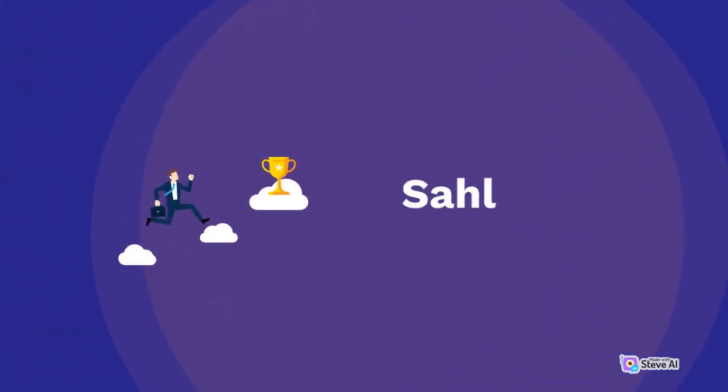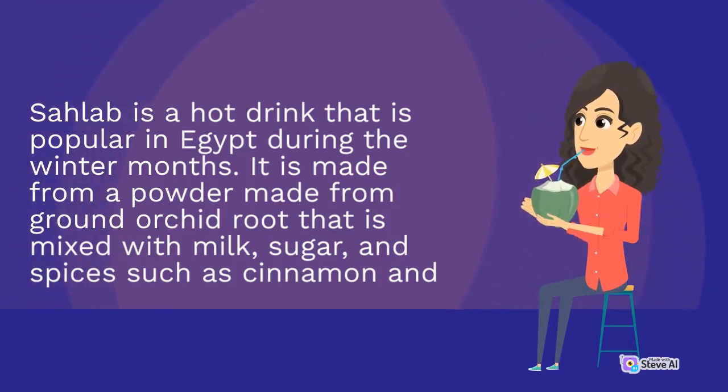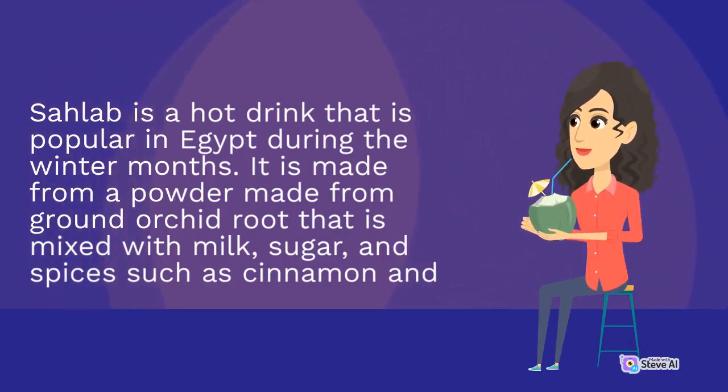Salab. Salab is a hot drink that is popular in Egypt during the winter months. It is made from a powder made from ground orchid root that is mixed with milk, sugar, and spices such as cinnamon and